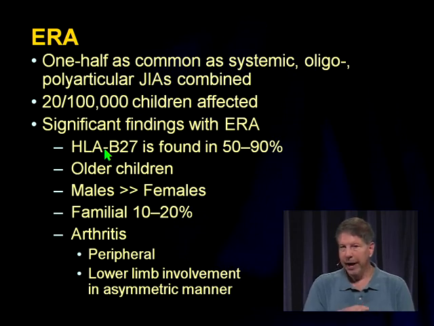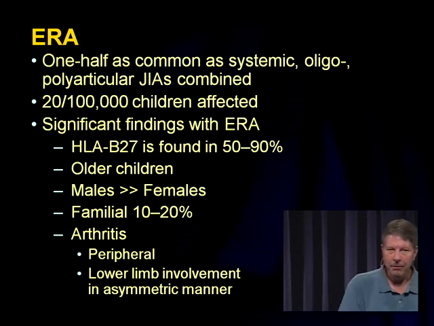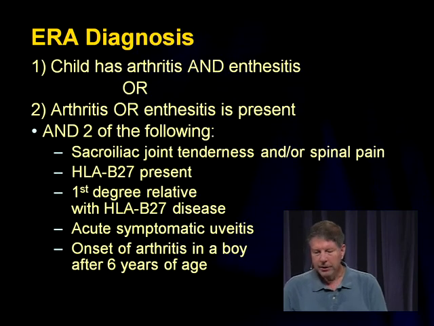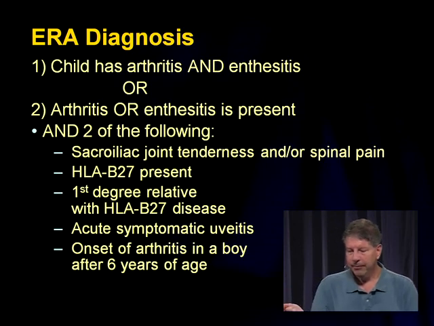It can occur in families, which they won't give you on the test because that would give it away. And the arthritis here generally is peripheral. It's going to be a peripheral arthritis, and usually what you'll see is lower limb involvement that's asymmetric. So it's going to be lower limb asymmetric, and commonly you'll see the spine involved in some of these kids. All right, so the key to make this is they've got to have arthritis and the enthesitis, or